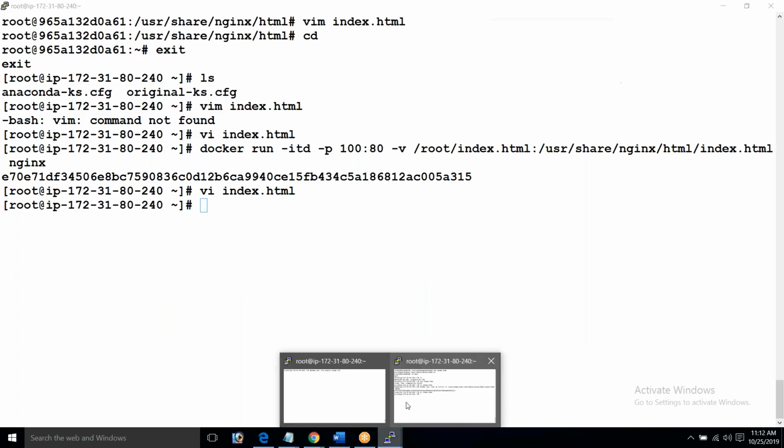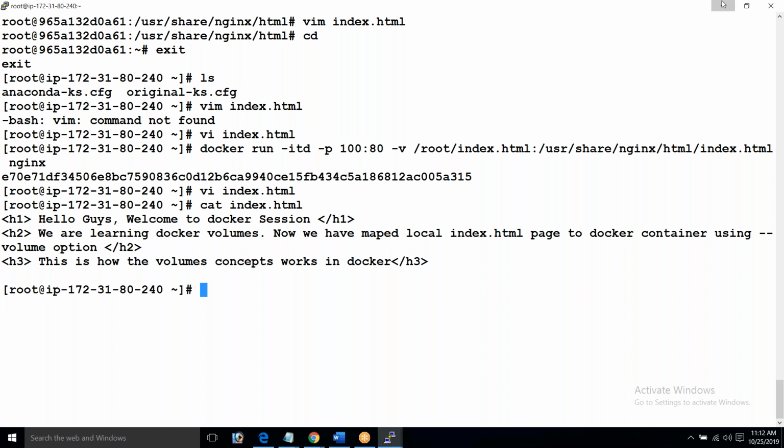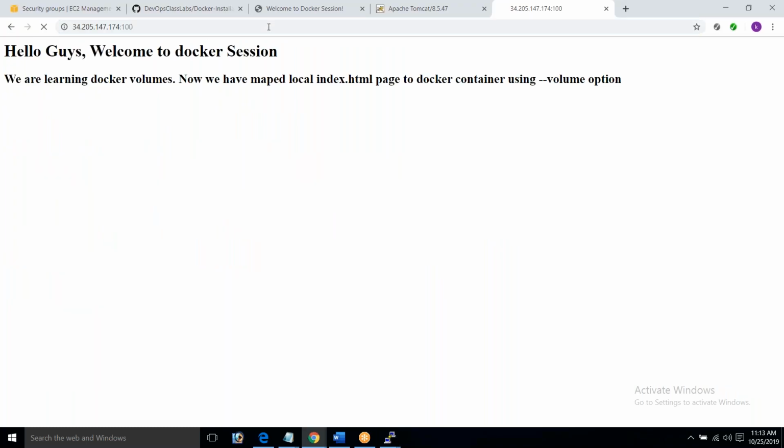Let us save it. All the changes should apply immediately.